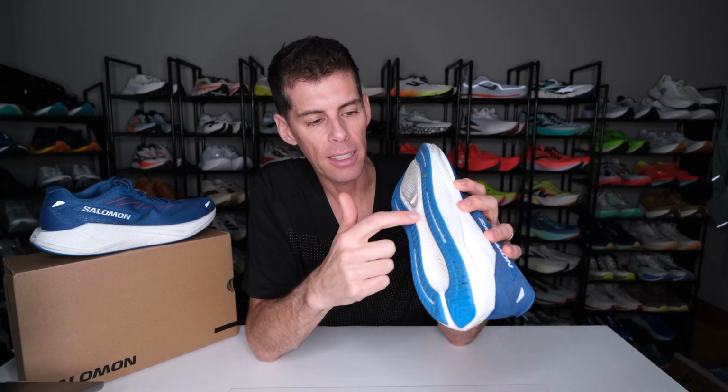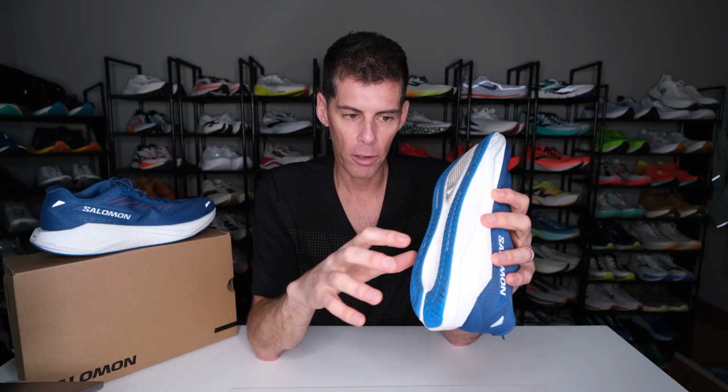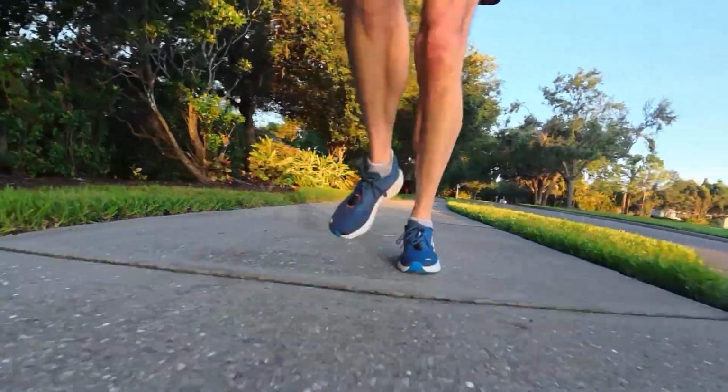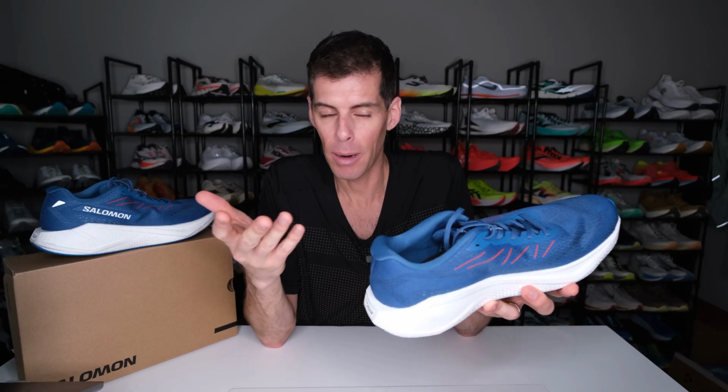Yeah, if you just notice this midsole, we have this decoupled midsole here, which is also going to contribute to a softer ride, as this space allows the foam to just expand during your gait cycle when you land and then toe off. One thing that does contribute to the epic ride that's put out by the Aero Blaze 3